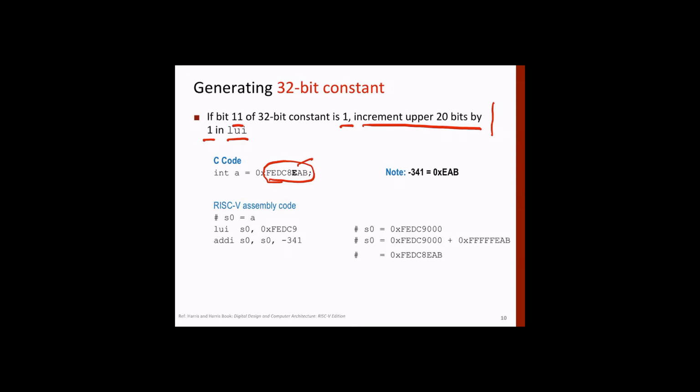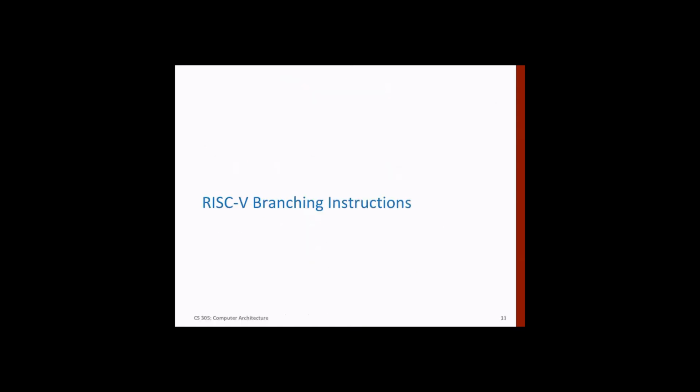Now I would like you to do this exercise at home and see how it really works out. If you look at this number we want to achieve, then we increment the number which I am loading by 1. So instead of 8 here, we are loading 9, and the remaining is the same. Then if you add these 2, you get the desirable result. So it becomes something like this plus this is equal to this, and correspondingly you can have these instructions. So please do this exercise at home.